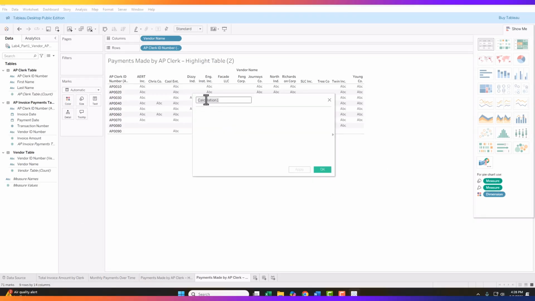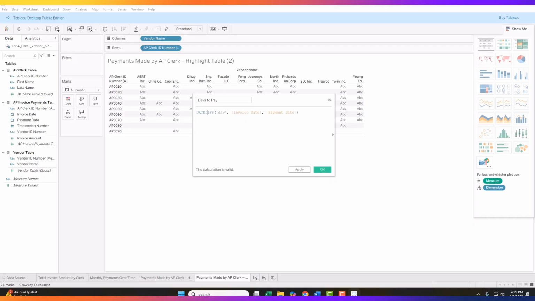The first thing you do with this calculated field is you have to name it, and I'm going to call it days to pay. And then next, I've provided the formula, the function that we're going to use, as well as how to use it in the instructions for the lab. But Tableau, just like Excel, has different functions, and they take arguments, and you need to know the syntax and how they're entered. So this one that we're using is called date difference, and basically it's going to subtract the dates between the invoice date and the payment date